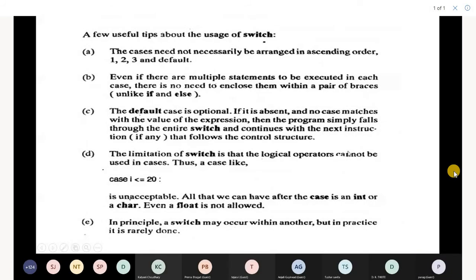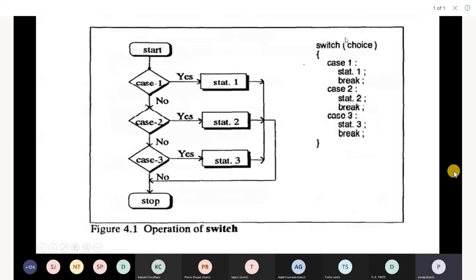So what questions can be asked? When you are passing an argument to the switch, it can be an integer or character only. Expressions are not allowed. Floating point values are not allowed. Why do we use the break statement? If after a case the break statement is not written, and a case is satisfied, all the cases below that case will be executed.